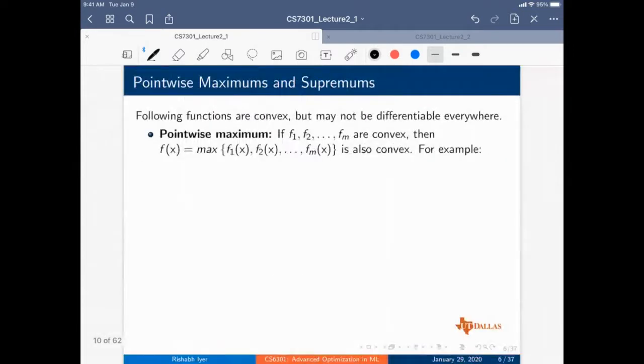Okay, all right. So at this point we'll start with this lecture. One of the first properties is that pointwise maximums and supremums are also convex. So if you have convex functions f1, f2 until fm,